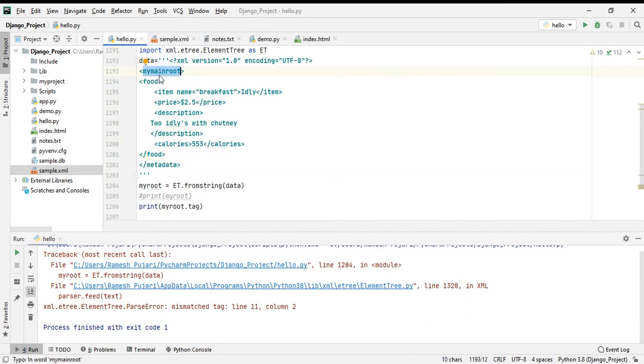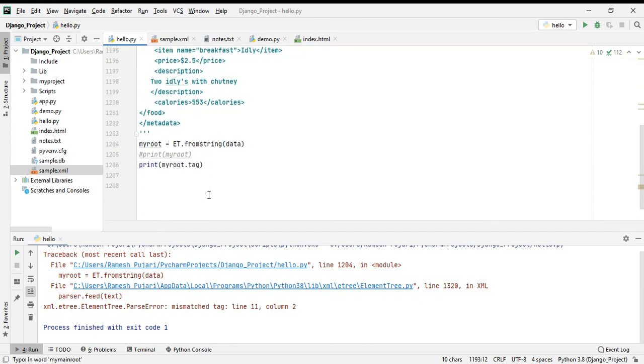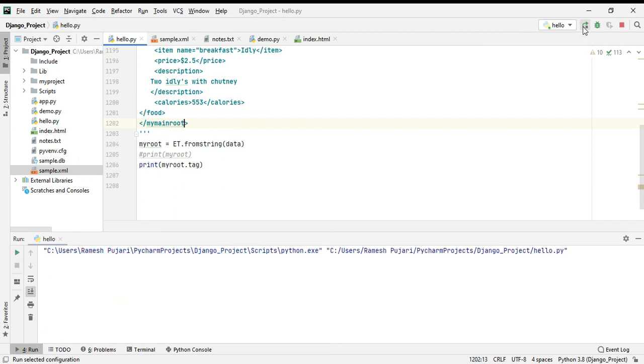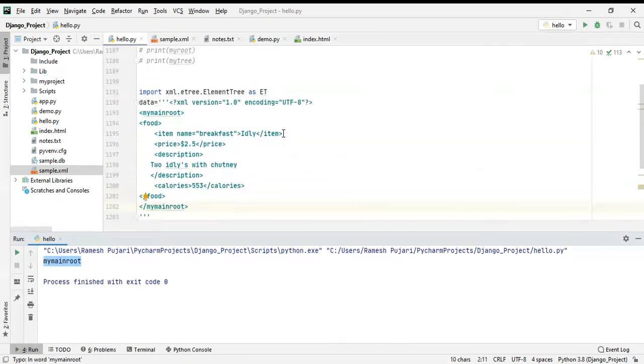I am opening with my main root and closing with a different name. That's why it's giving an error. Now I will change the closing tag also. The opening tag and the closing tag should both be the same.